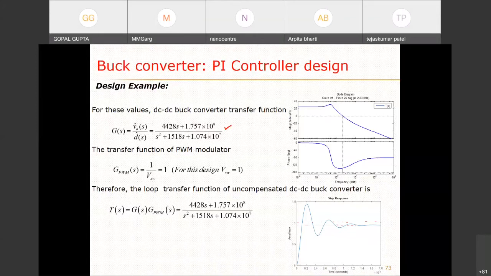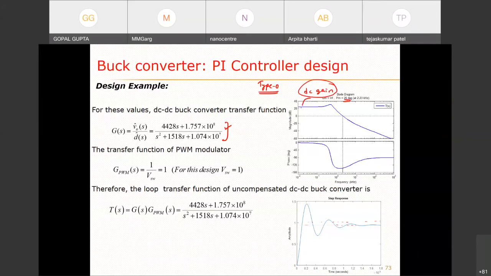So after putting the values, this is my open loop transfer function. This is the nature of the frequency response. Then there is also that steady state value. So the thing is that steady state error should be eliminated, right? But let us try to understand why it is happening from the frequency response. So obviously these oscillations are happening because phase margin is very poor.